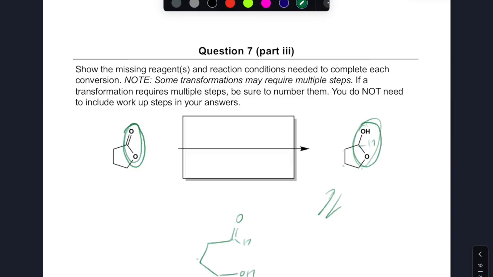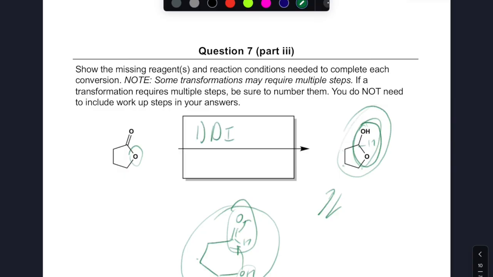So if I had this molecule where I have a free alcohol on one side and an aldehyde, it will tend to close spontaneously to give me my 5-membered ring. So really what I'm saying is I have to somehow take my ester, reduce it to an aldehyde, and leave this alcohol present. So really what that is